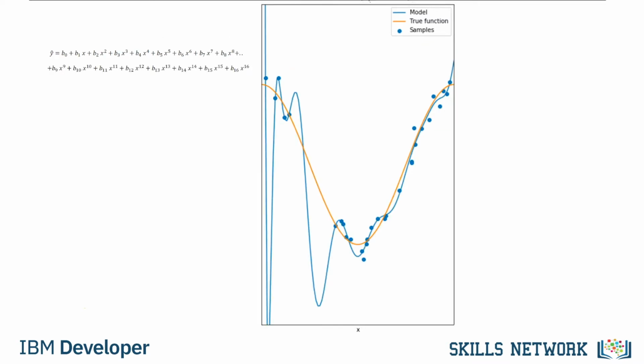Increasing it to a 16th order polynomial, the model does extremely well at tracking the training points, but performs poorly at estimating the function. This is especially apparent where there is little training data. The estimated function oscillates, not tracking the function. This is called overfitting, where the model is too flexible and fits the noise rather than the function.